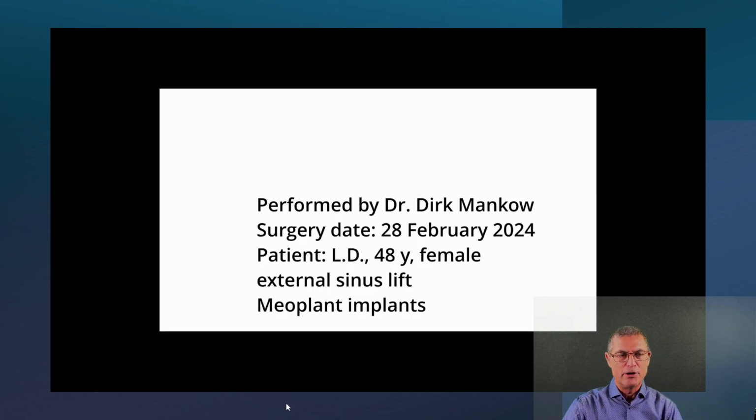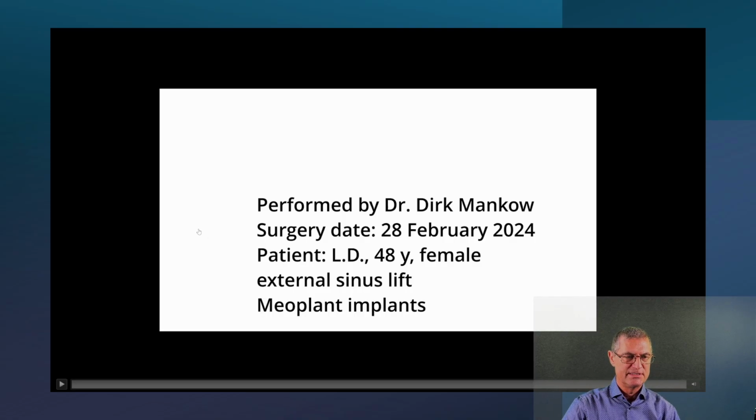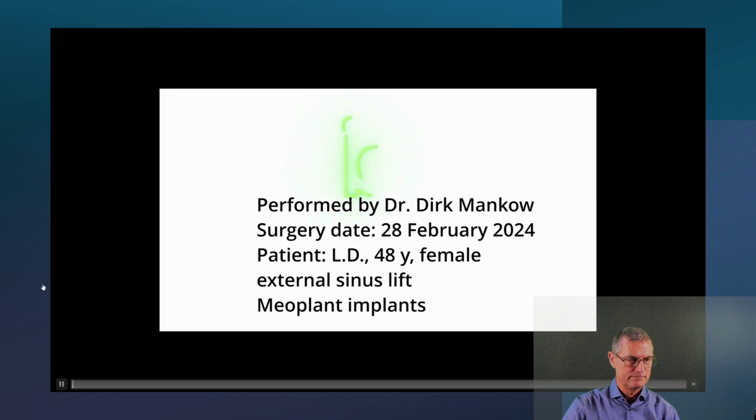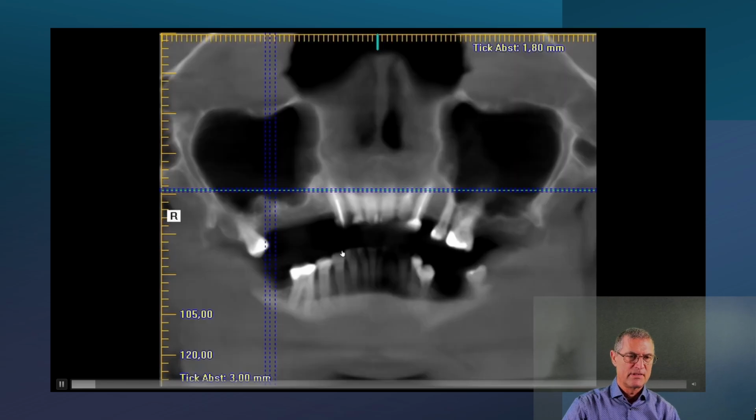Another surgery now in the upper jaw. Female, it was 2 years ago for an external sinus lift, sinus augmentation. And we used Neoplant implants as well. This is a pre-op